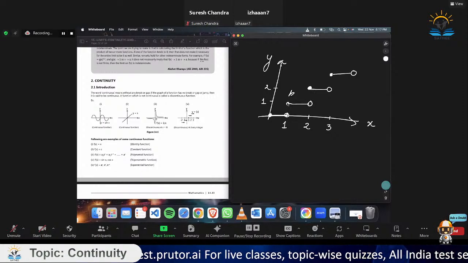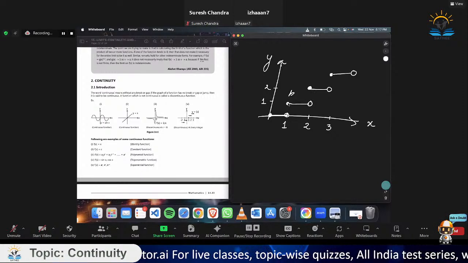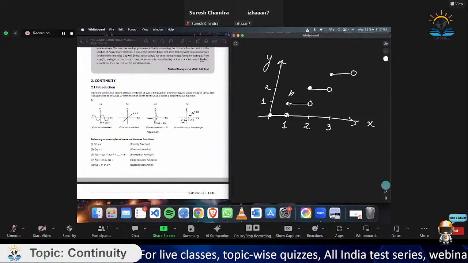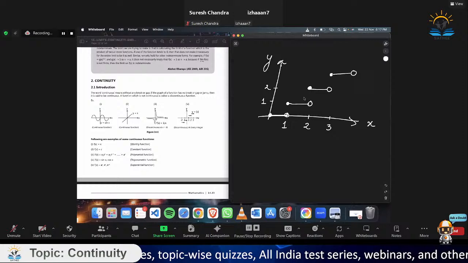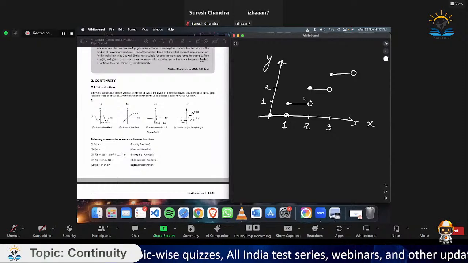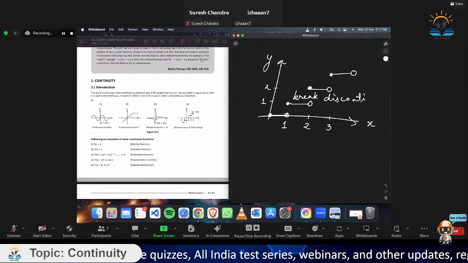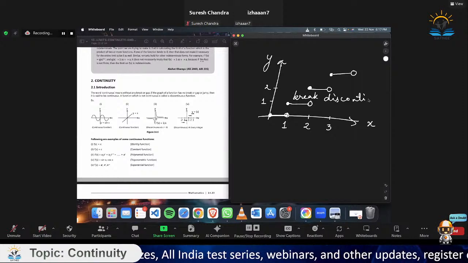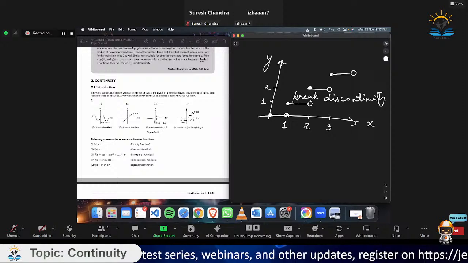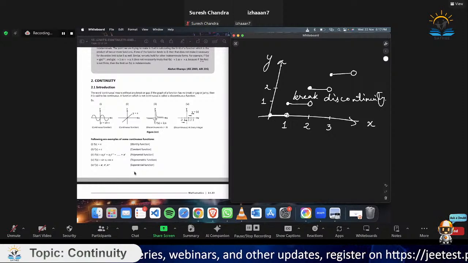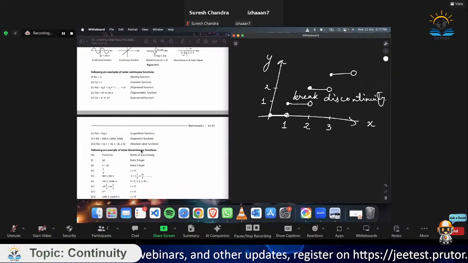Since you have to lift up the pencil in making this graph, okay, there is a break, there is a discontinuity, right? So इसी को चेक करते हैं हम लोग कि कोई फंक्शन कंटिन्यूअस है कि नहीं, कोई फंक्शन डिसकंटिन्यूअस है, किस पॉइंट पे डिसकंटिन्यूअस है। ऑल दैट वी हैव टू चेक एंड दैट वी लर्न इन दिस टॉपिक। सो बेसिकली आपको